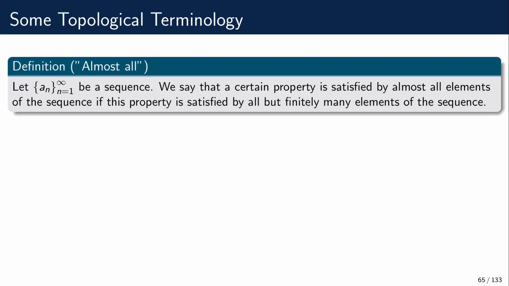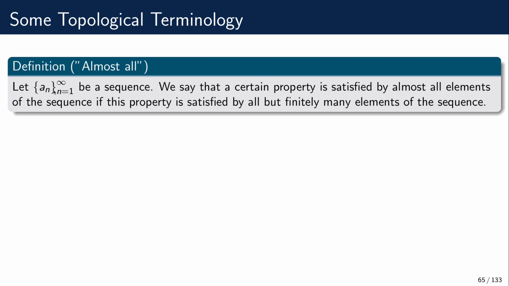So now that we have defined the notion of convergence of a sequence rigorously, and we have seen how this definition works, let us now introduce some topological terminology and see maybe a simpler way of thinking about this, or an alternative way which turns out to be easily generalizable to other spaces, or more naturally generalizable. So this notion of almost all is super important in